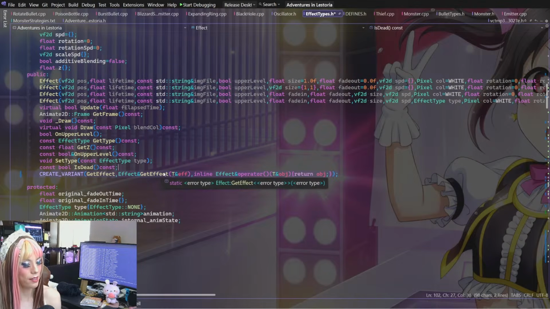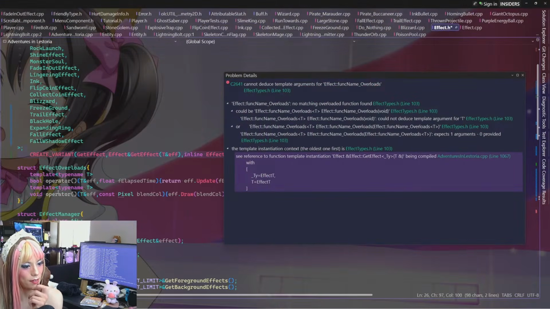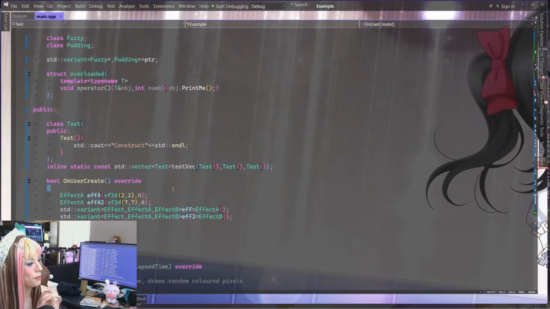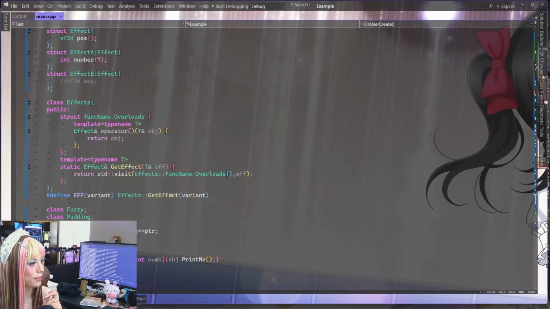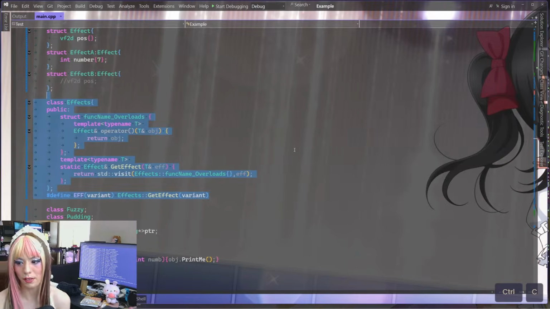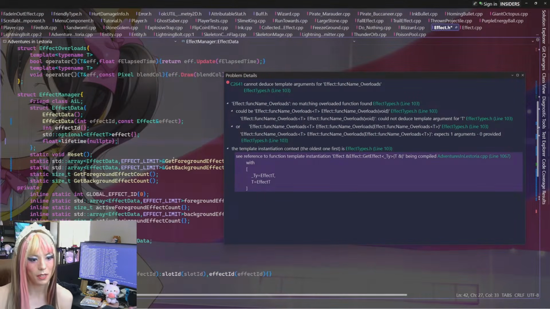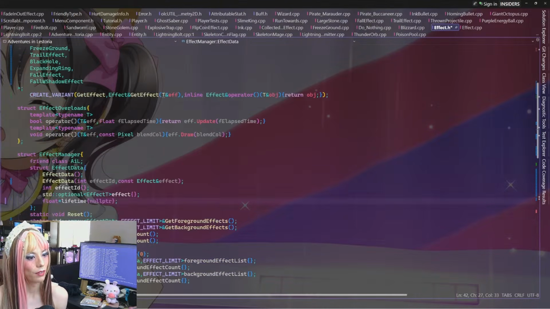I guess that's the next thing I have to consider, is maybe we have to do something in here instead. That's the only thing I can think of. The types need to be defined first before the get effects can be specified, which means all this get effect stuff, in theory, might have to go somewhere else. So for example, in the effect manager or something, we can call get effect. I think that's what I have to do.